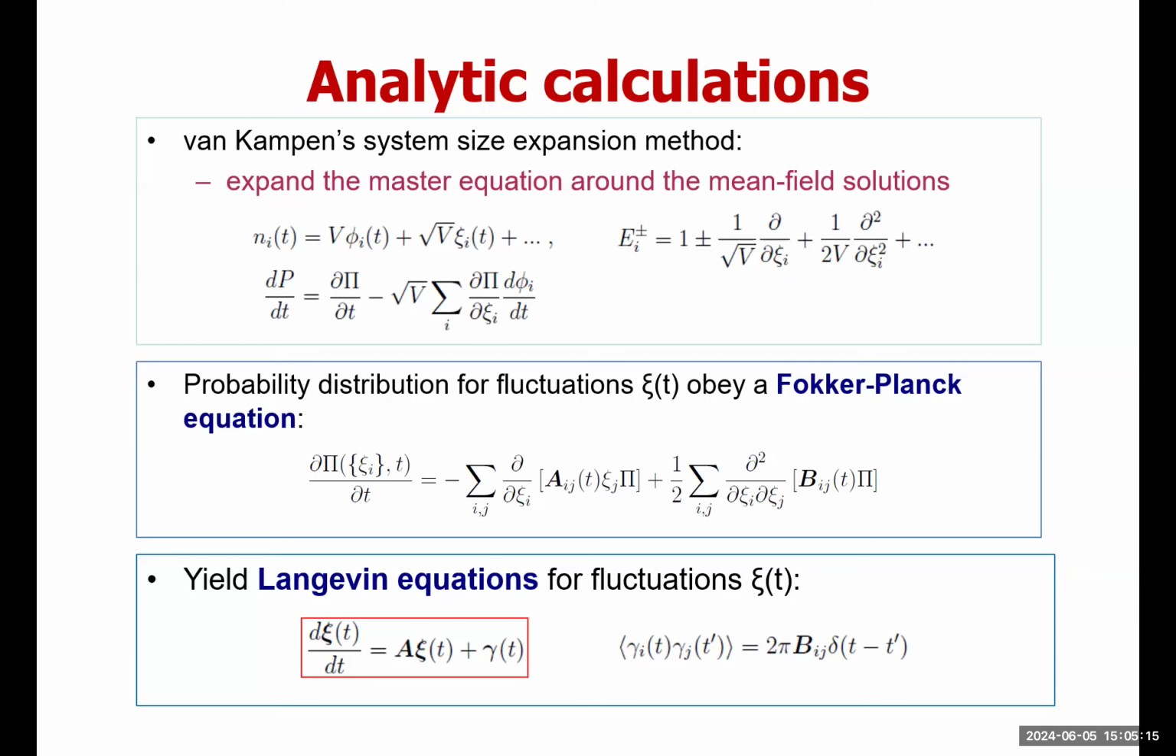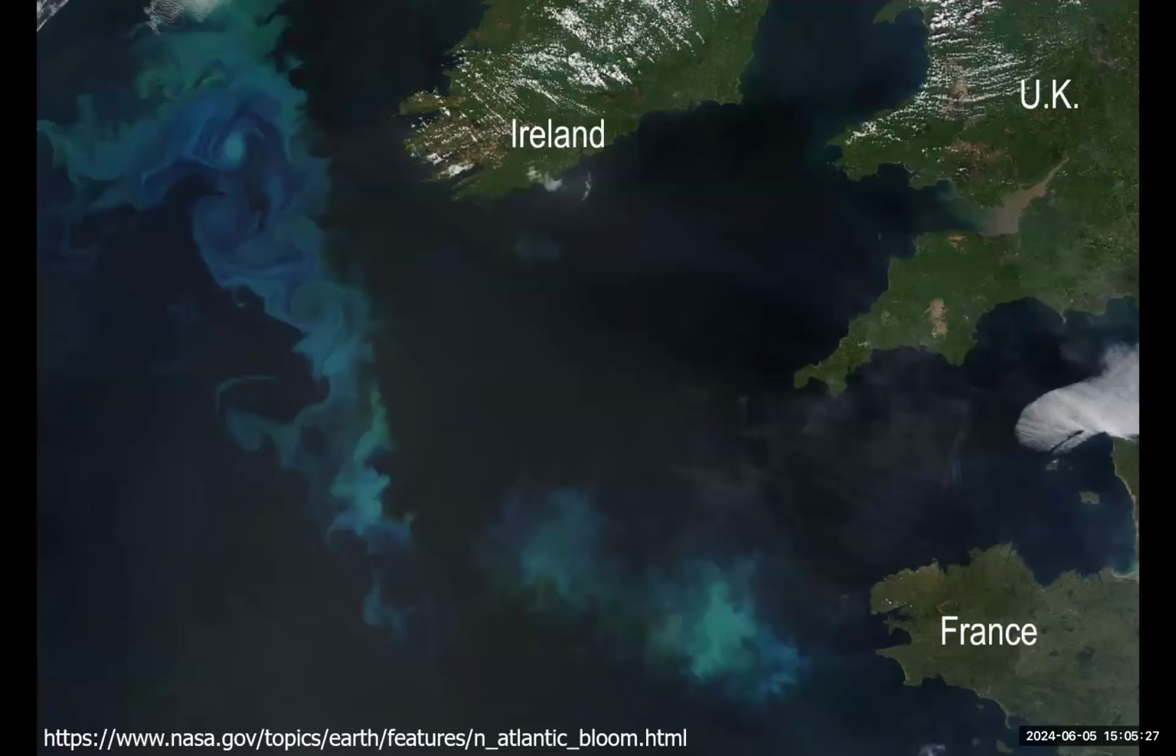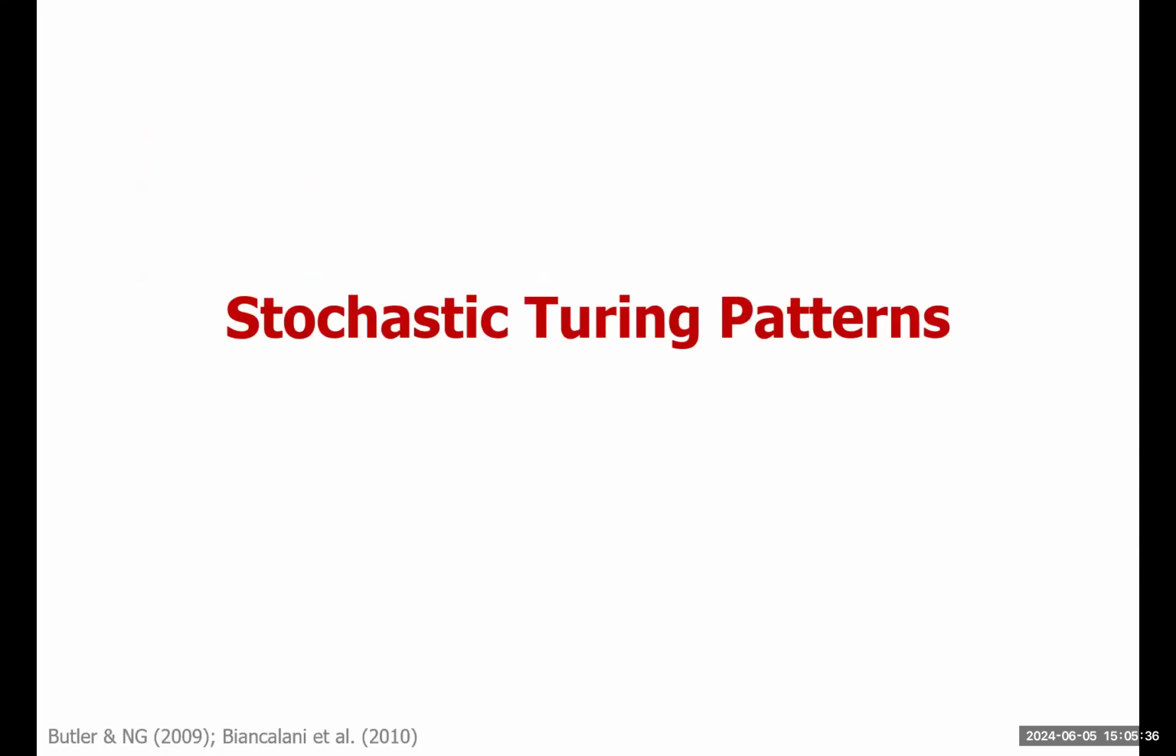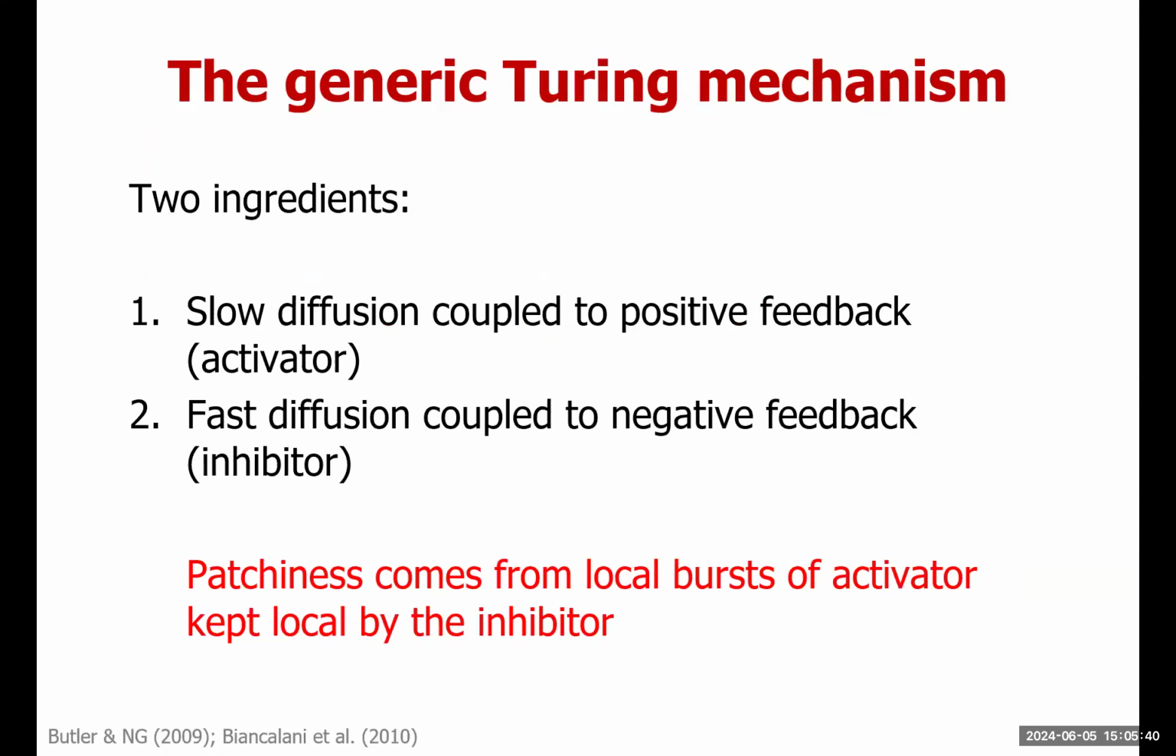It's called the Fokker-Planck equation, and then you get Langevin equations for the fluctuations. It's complicated because this is multiplicative noise, so there's a lot of mathematics here that I haven't told you, and so these effects may explain patterns of plankton, and I'll tell you a little bit about that. Okay, so